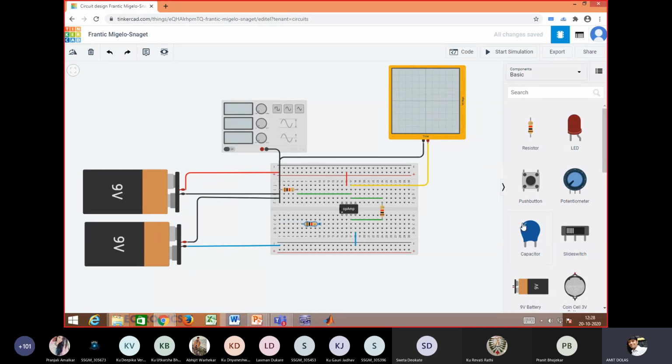There is no issue with the circuit diagram. So here is input. Through one resistance to pin number 2, and resistance value I'll say use 500 ohm.